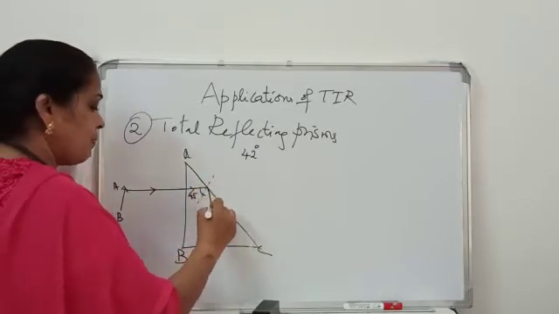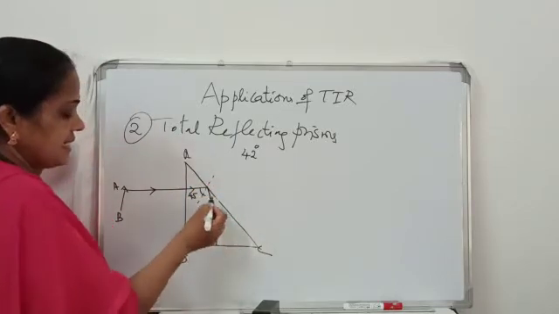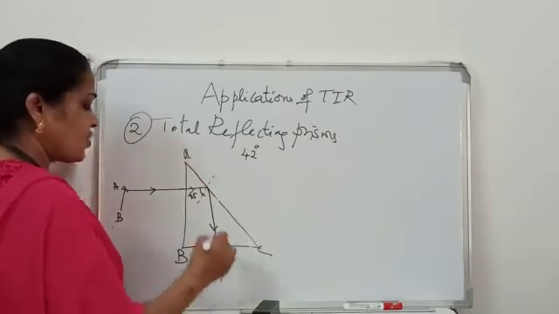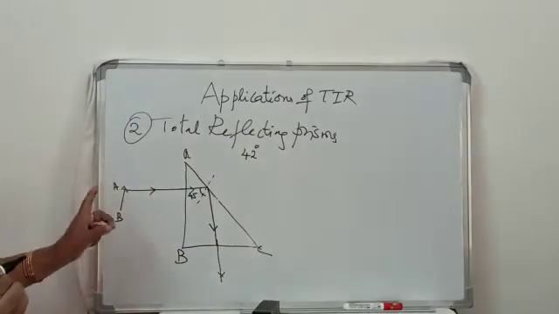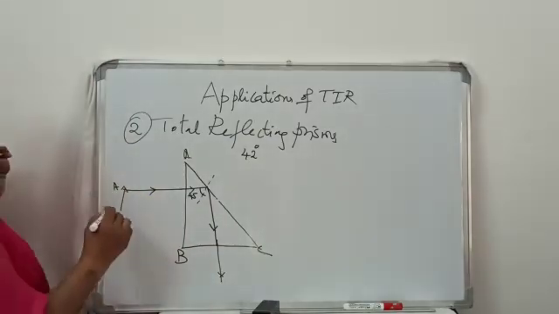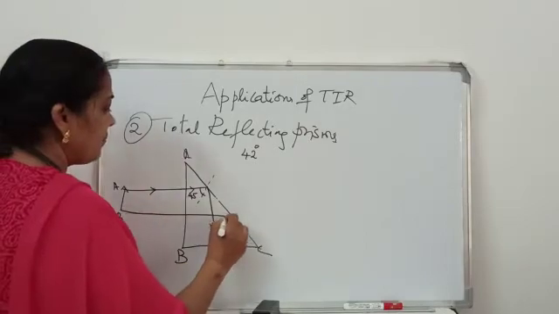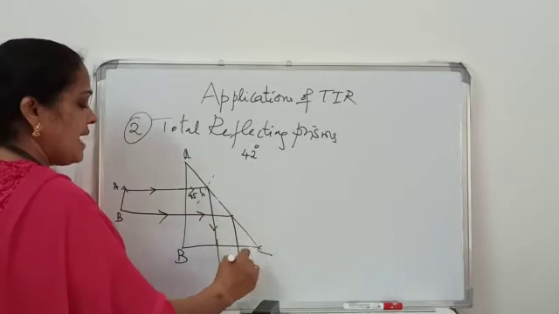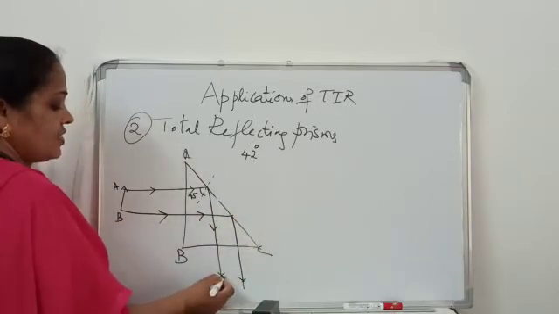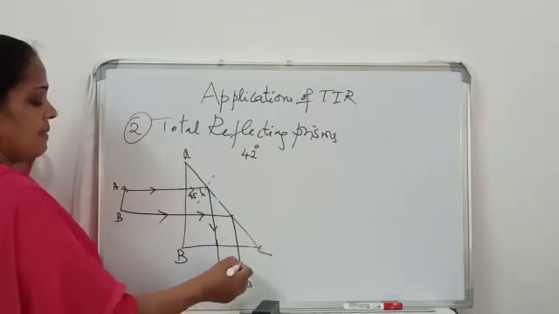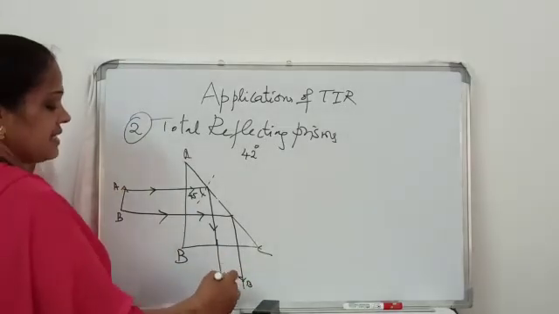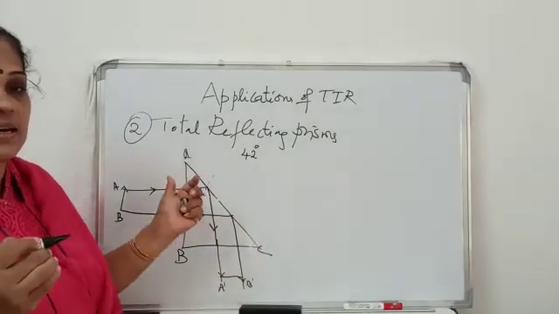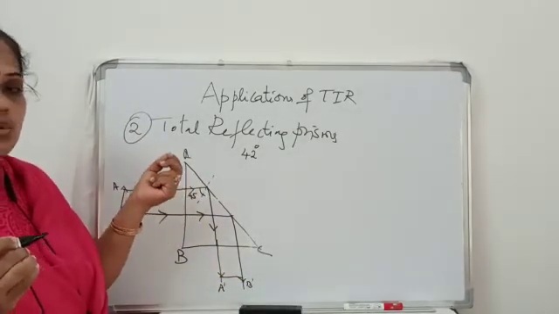So it has to pass this way. And since this light is normal to the surface, refraction takes place and it goes straight without any deviation. I have drawn a single ray from A. In a similar way, when I draw from B, the same thing happens and it gets reflected. So you can see that the image is inverted, AB, and this is A dash, B dash. The image is inverted, but the size is not varied. Here, the reflected light is turned through 90.